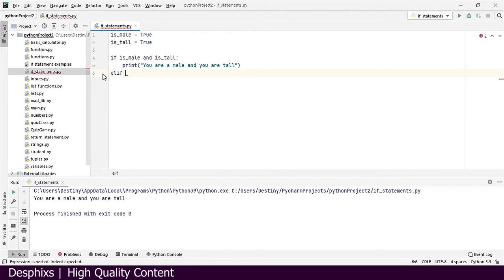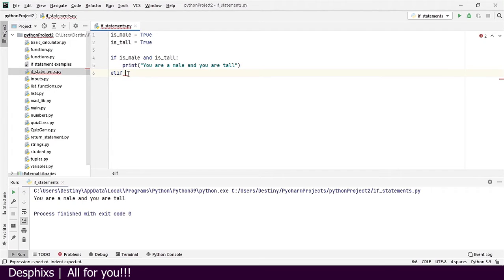So elif is introduced when you want to make two conditional statements. For example, if I wake up in the morning around 6 o'clock, I go to work. That's if. But if I wake up at 10 o'clock a.m., I don't go to work. So to do that, you use elif.